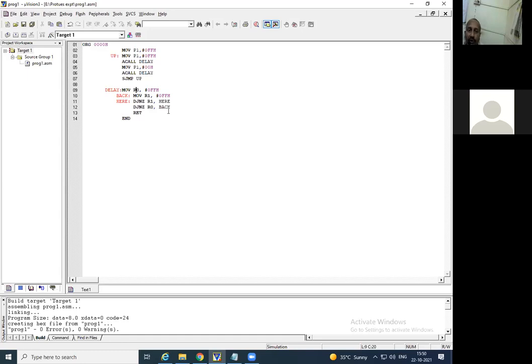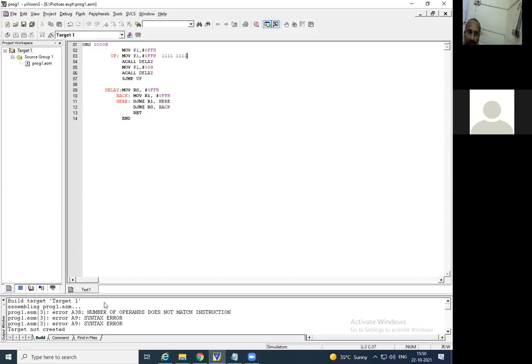Okay, so what I am doing now is I will make a mistake, like what we did here. Again save and again Build Target. If I do so, here it gives the errors, error A31, error A9, that is syntax error, and all this.